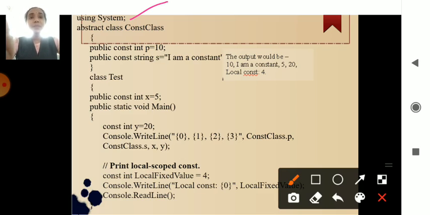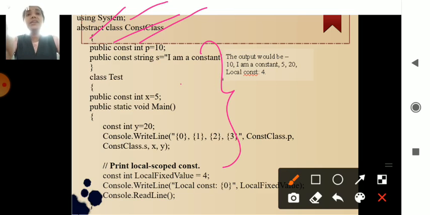Then, as I said, in the whole program you can check that nowhere is an object being created. You don't use a new keyword to create an object, and that object name is not specified as a constant. That particular object will not be used with the const keyword. Only simple related data is used with the const keyword. So when you use an abstract class name, it means that nowhere in the program can you create an object when you use the abstract keyword.